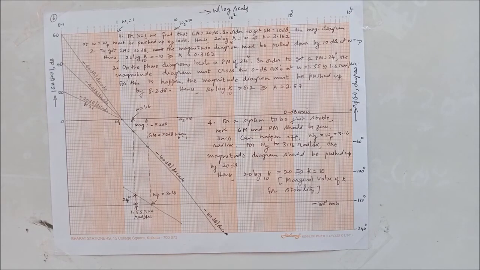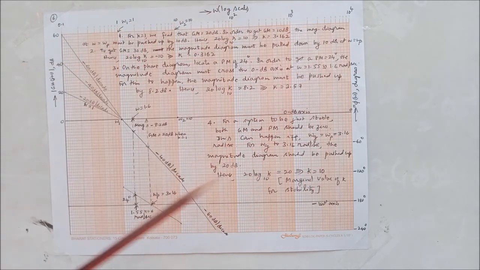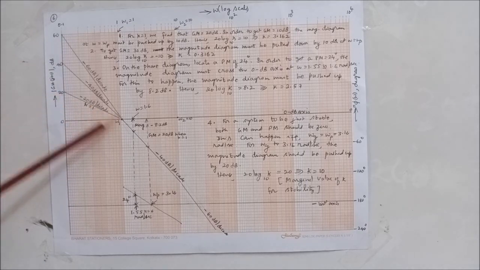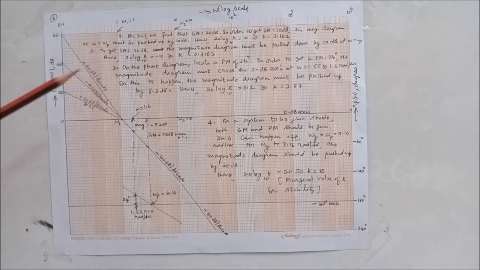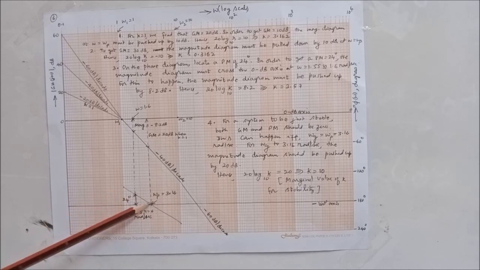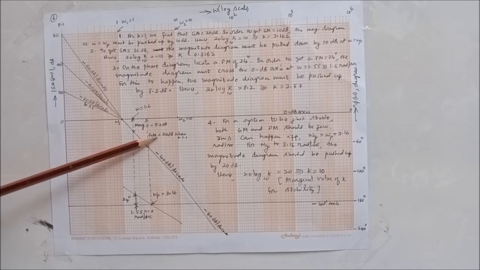Okay, the current problem I have done on the Similoc sheet. So this is the magnitude diagram with k equal to 1. So we have drawn the magnitude diagram with k equal to 1. So we have got the construction lines connecting 20 and 1, 40 and 1, 60 and 1 as we have done before. Now you see this is the phase diagram. Omega p is 3.16. We have found that gain margin is 20 dB.